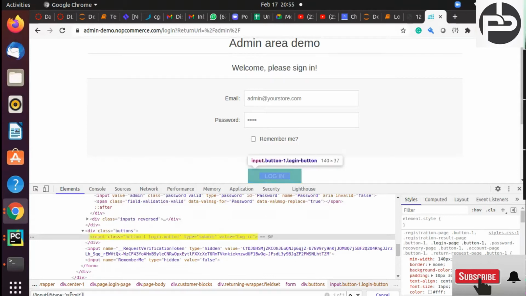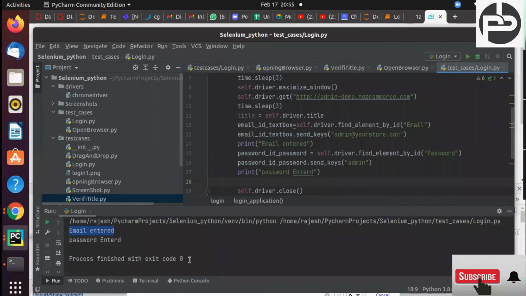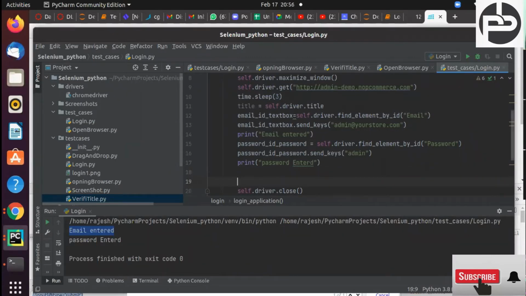So now here 1 out of 1 matching nodes are there. You can go with that. Also, you can go with the text function, right? There is a text function also available. You can do R&D whatever you want to do. There is no hard and fast rule. Whatever I am saying, it's not Brahma Vani. But as I told you, if id is there, go with id. There is no hard and fast rule, means you should not select any other element locator. If id is there, select id with eyes closed.